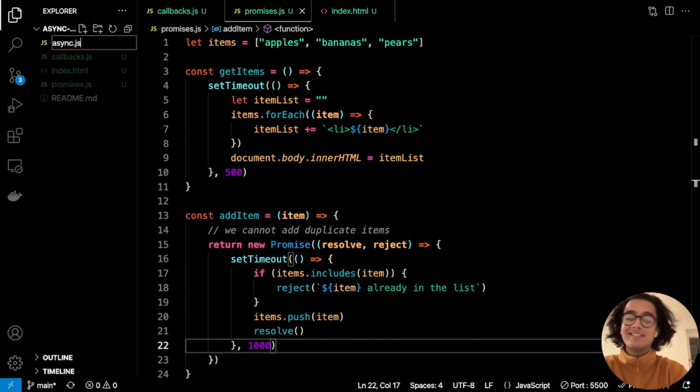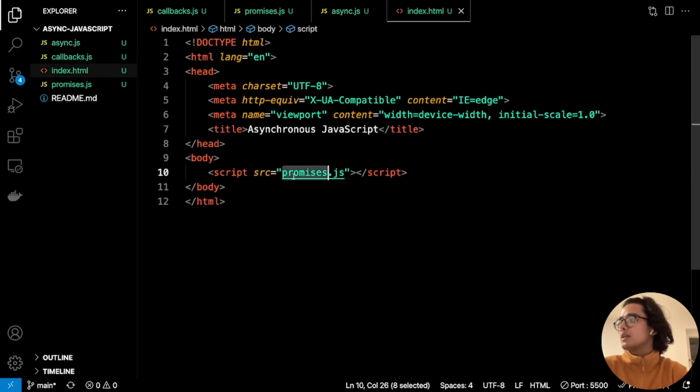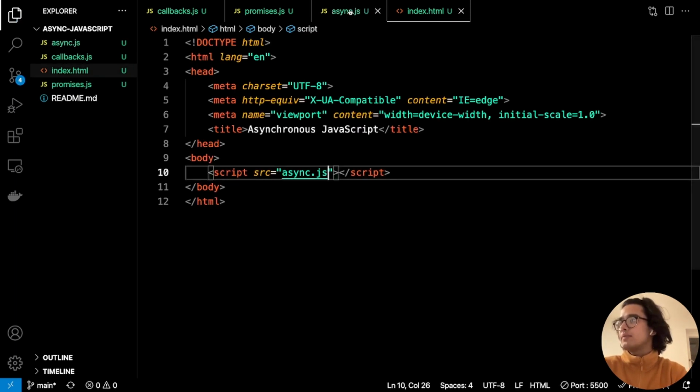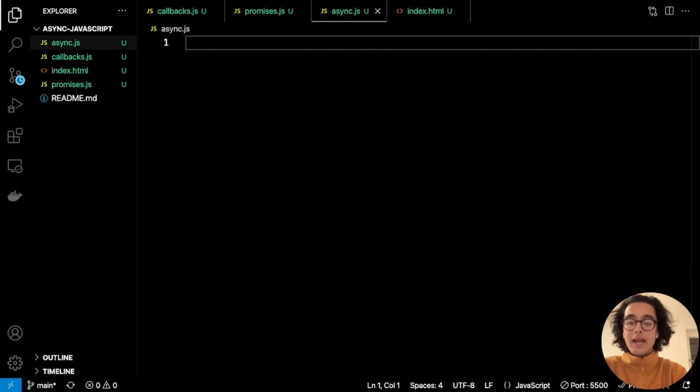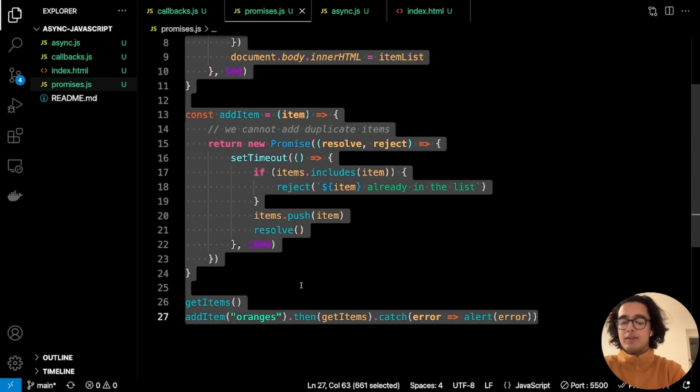I'm going to call the file async.js, and before I forget, here we'll say async.js. Now, the async await syntax just makes writing promises much more pleasant and much easier to look at, and you don't have to deal with the .then and .catch, and that's one of the great features of it. So let's go back to promises, and let's just copy all of this